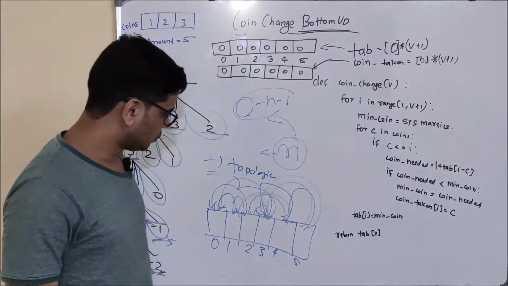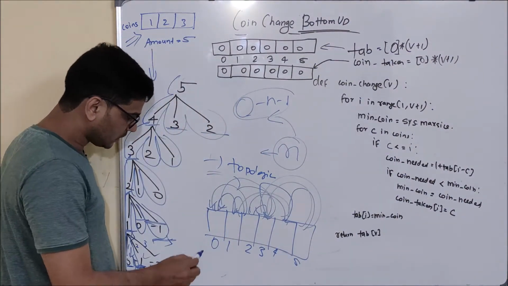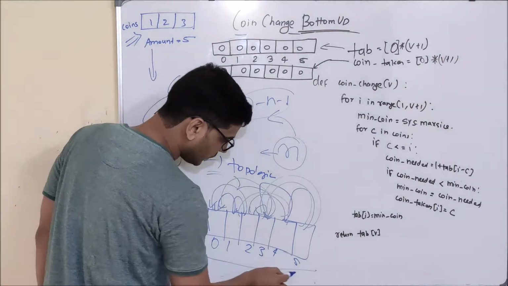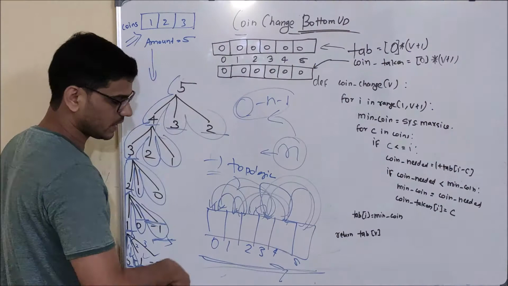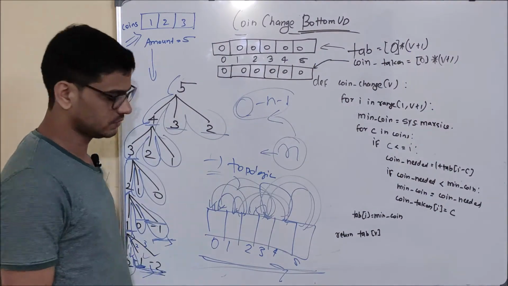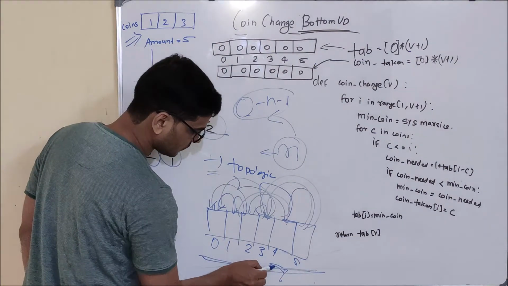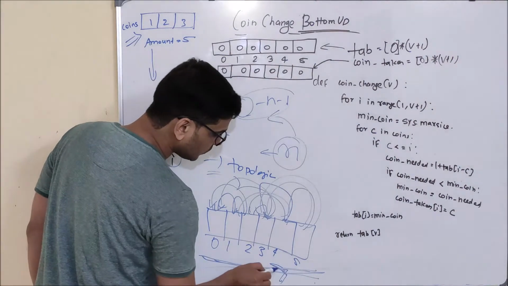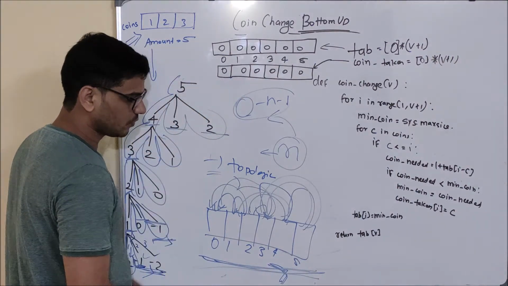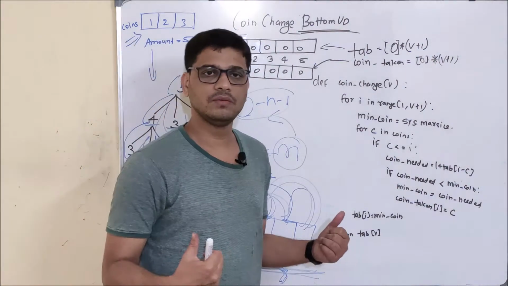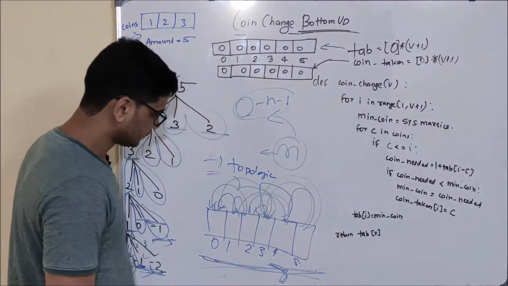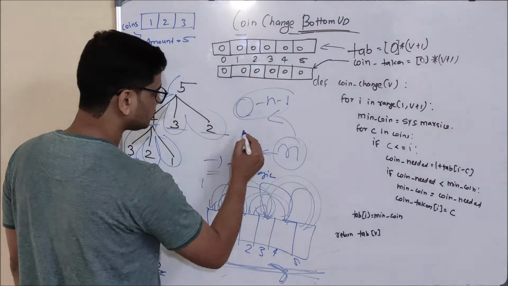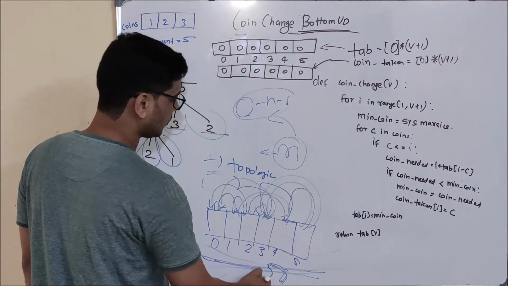So what is my conclusion from here? If I fill my array from left to right, that is a Python list, actually array is list in Python, if we fill it from left to right, are we safe or not? We will be safe. So this will be my topological order. That is, I will fill my list from left to right.